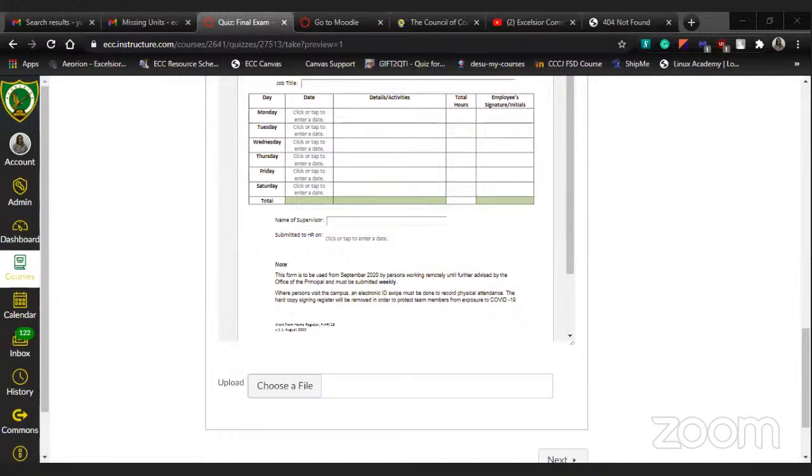Okay. And for networking, will that be done on Moodle? Networking and communication. Yes, all other exams, if it's not an ECC course or a math course, then all other exams will be done on Moodle.